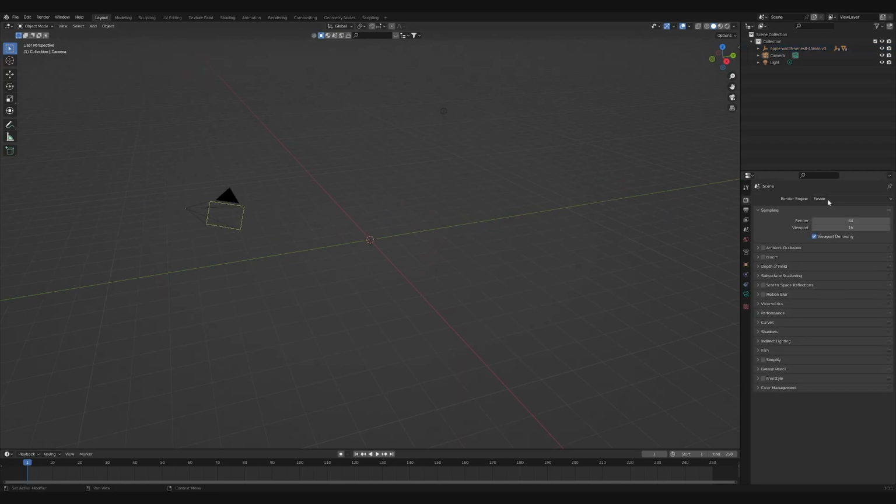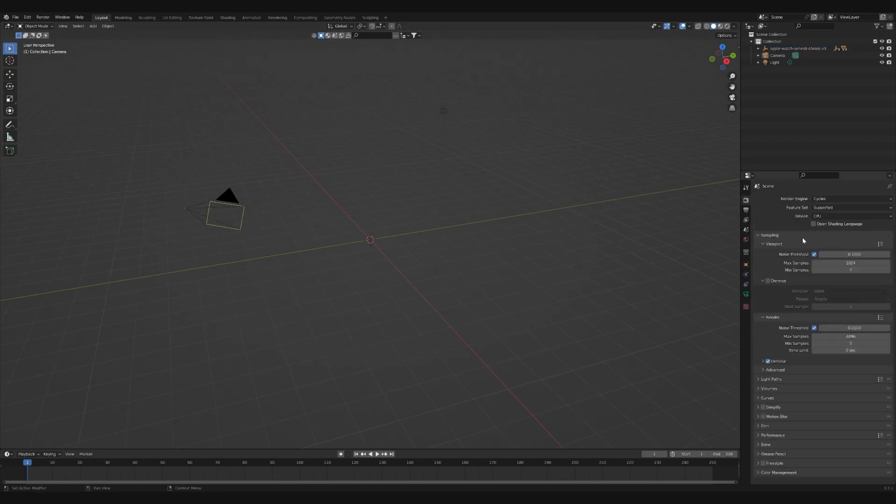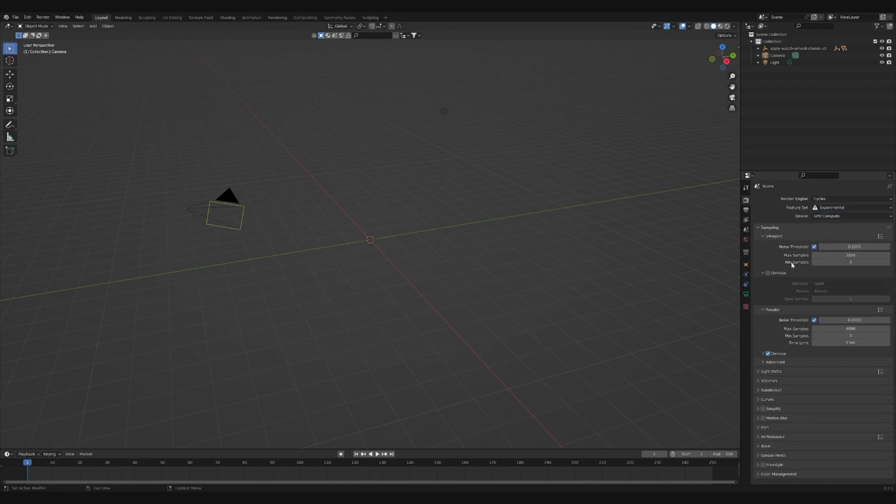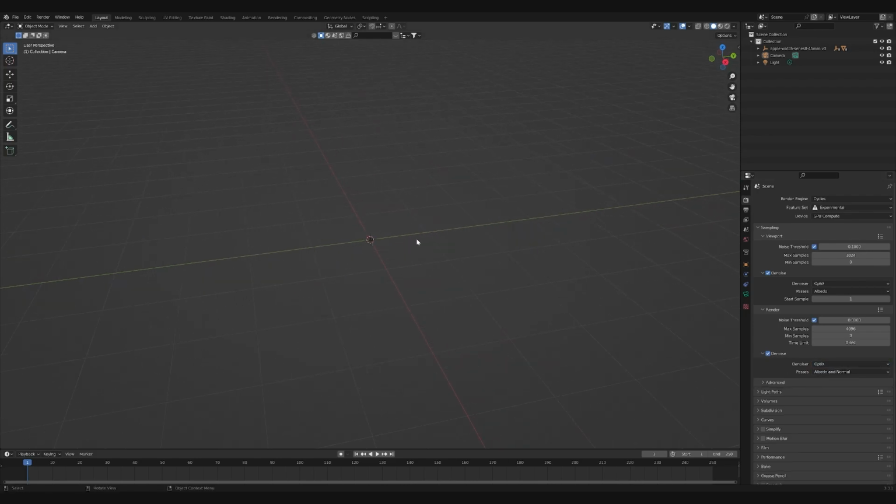So now we're gonna change our render engine into Cycles. Let's get to Experimental, GPU Compute. Let's add a denoiser. If you have an RTX graphics card, you can choose OptiX as denoiser. Otherwise, it will work fine anyway. So now we're gonna need to